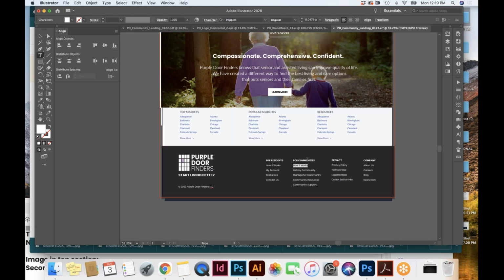Probably not confusing, since it's the very first thing right underneath that. So okay, we'll leave it. And then I have community support versus contact us over here. Community support would be the way that somebody would contact for communities. Oh, that's under there. Okay.